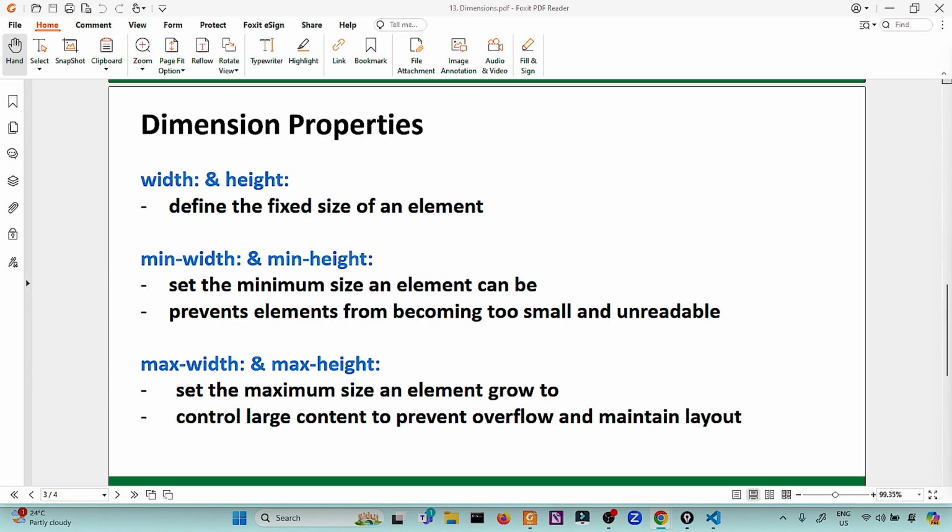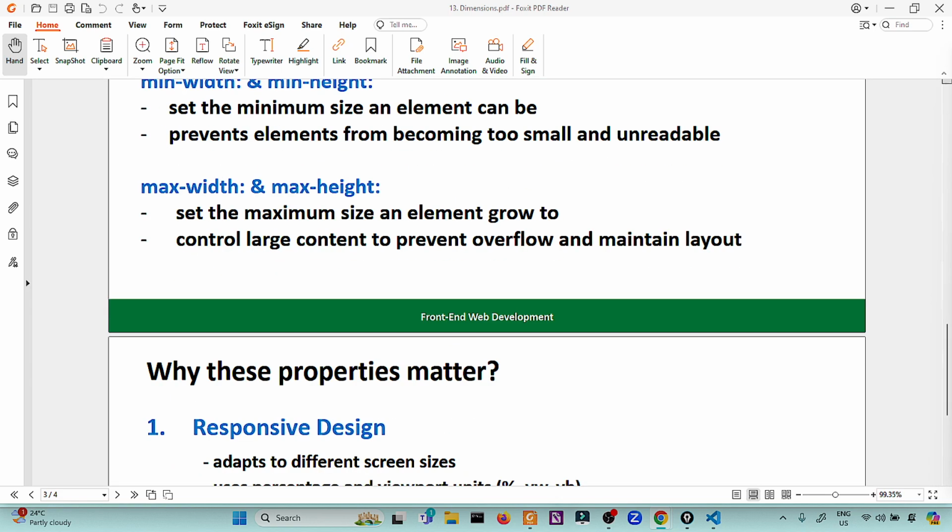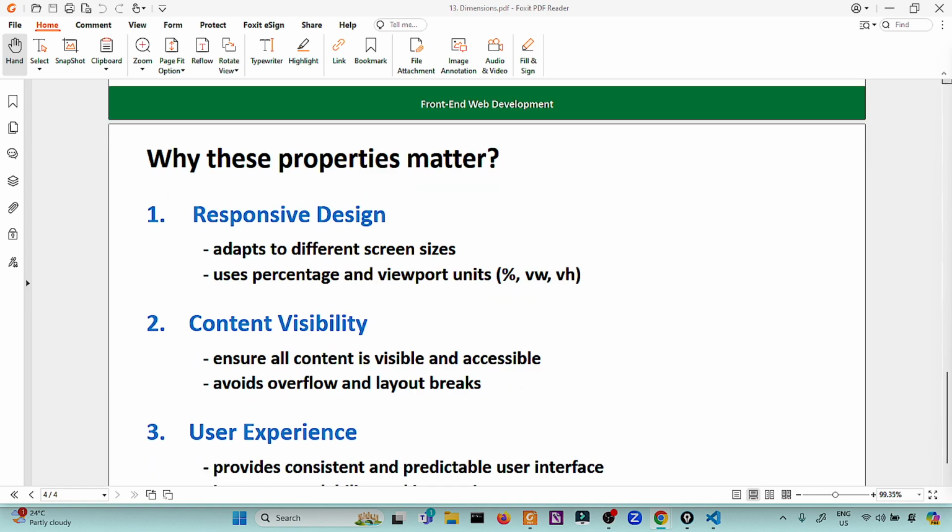We have also the max width and max height that set the maximum size an element can grow to, as it controls large content to prevent overflow and maintain its layout. These properties are instrumental in creating layouts that are not only visually appealing but also functional across devices and screen sizes. So, why does dimension matter?